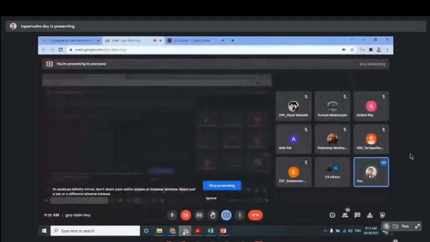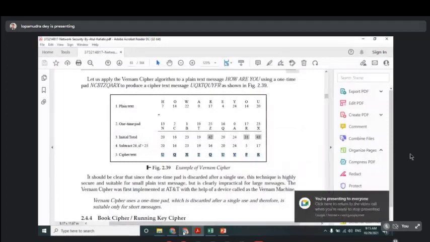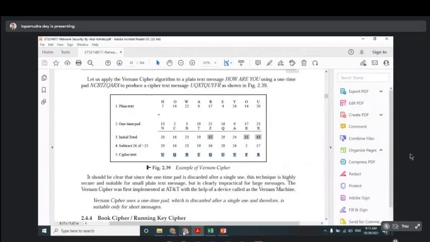For example, when you are going to do any kind of operation, the bank or organization or Amazon will send you a one-time OTP, one-time password. What is the full form of OTP? One-time password. The password will be used for encryption, and the same password you will use for decryption. So that is the way.